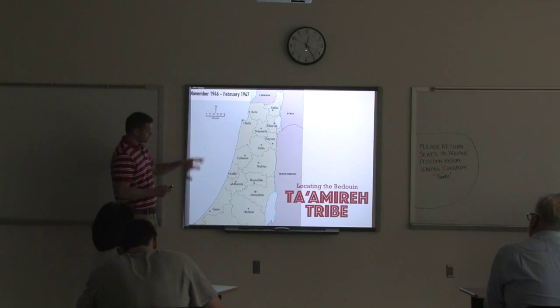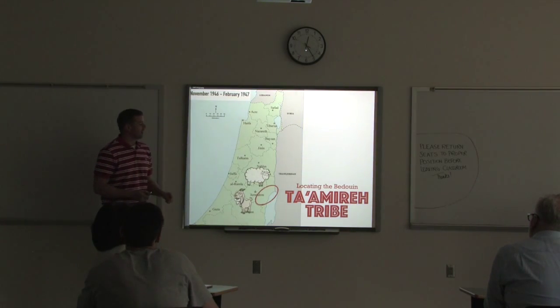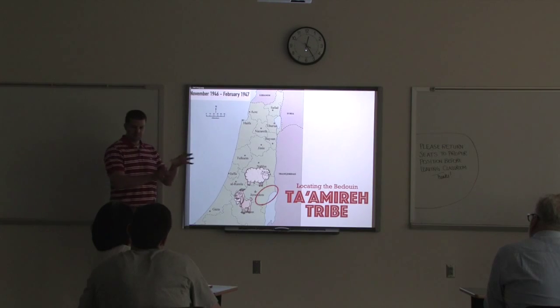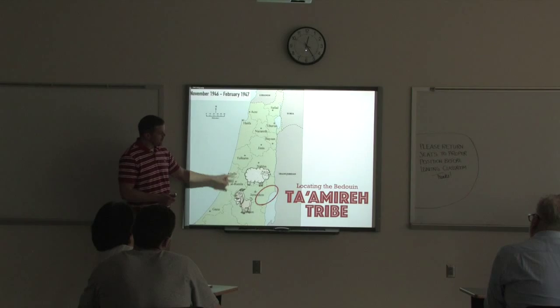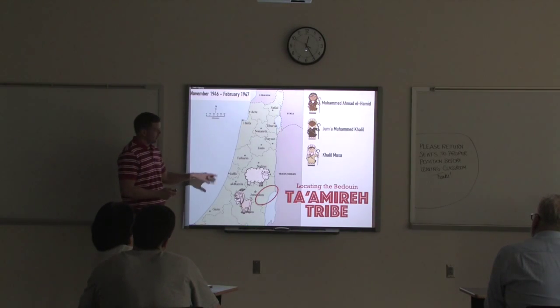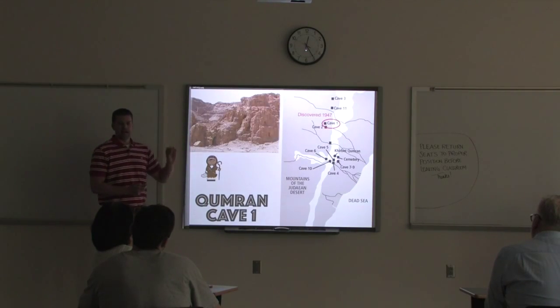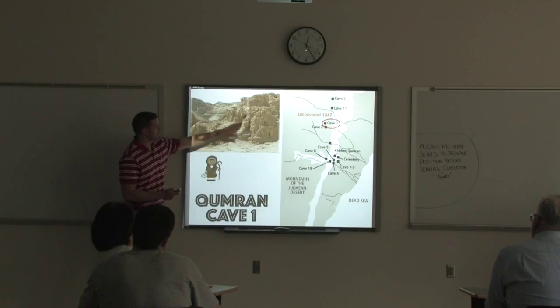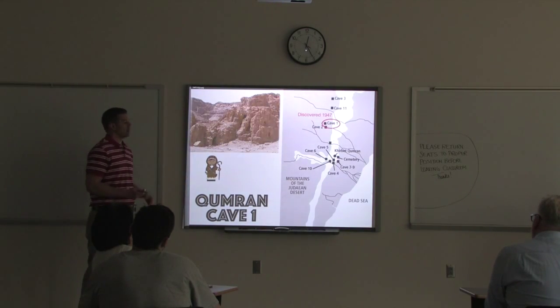But around this time, in this area, the northwest part of the Dead Sea area, there was a tribe of Bedouin, a semi-nomadic group that travels around, herders and shepherds. According to the story, there were three shepherds out keeping their flock. While they were keeping their flock, one of their goats wandered off, and they went to look for him. While they did, one of the shepherds had a rock, and he throws it up into a cave. You can see the cave up here. He throws it into the cave, hoping maybe to scare the goat out if it's actually up there.